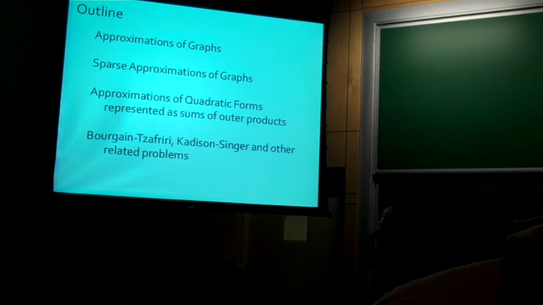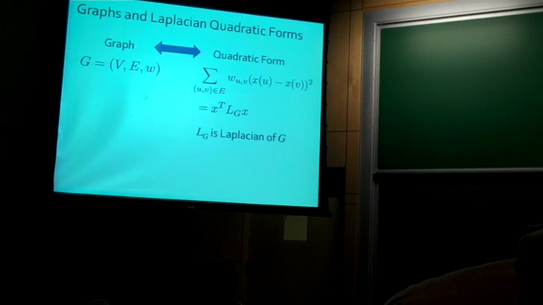And then I will finish, assuming there's time, by relating this to some other problems. Some work by Bourgain and Tzafriri called the restricted invertibility theorem. The Kadison-Singer conjecture seems related to this, and probably some other problems related to approximating the asymmetric traveling salesman. So there are a lot of relations that will pop up. I'm going to try to do everything at a high level and say everything at least 2 or 3 different ways. So if you have questions, don't be afraid to ask.